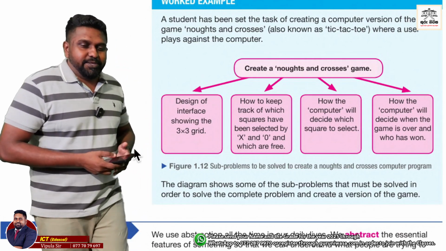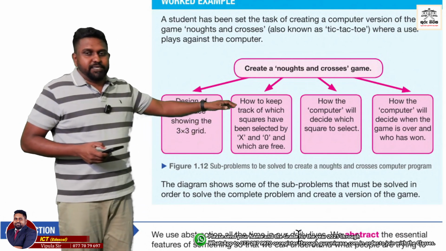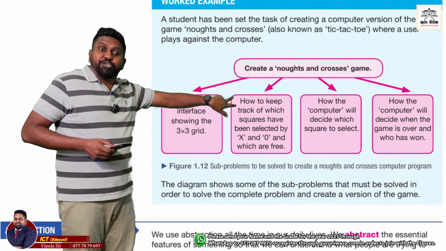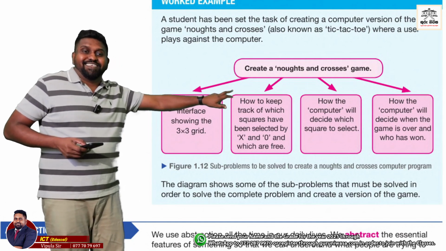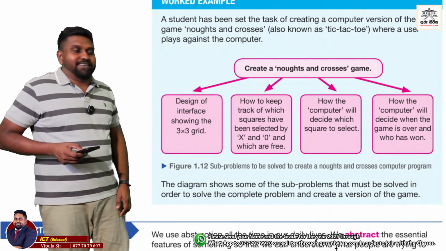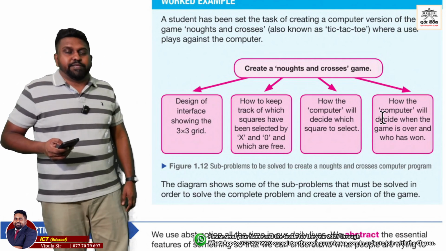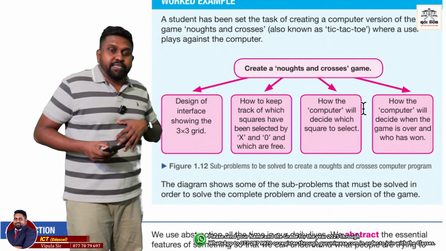So for that, the second option is how to keep track of which squares have been selected by X and 0. So there has to be some sort of a method of keeping that selected, right? Then